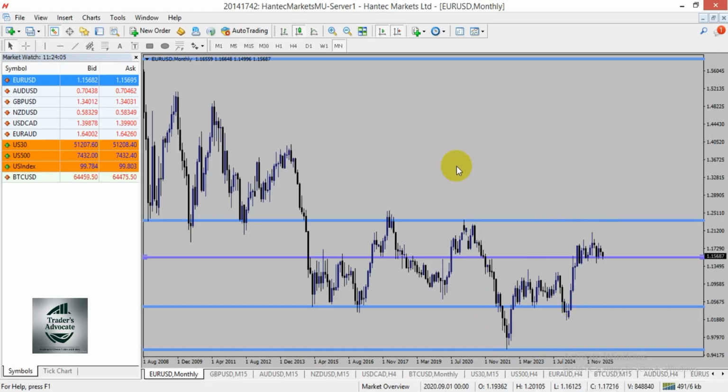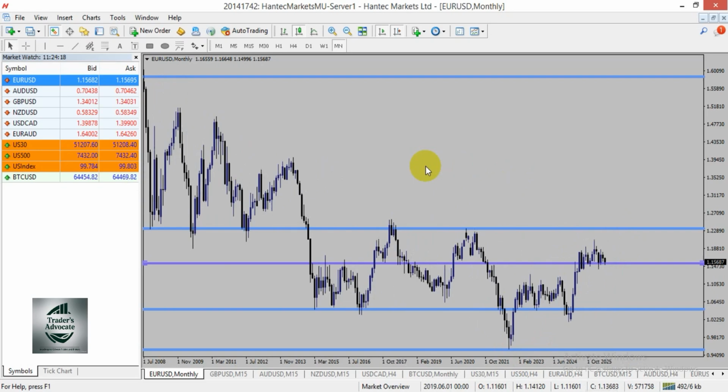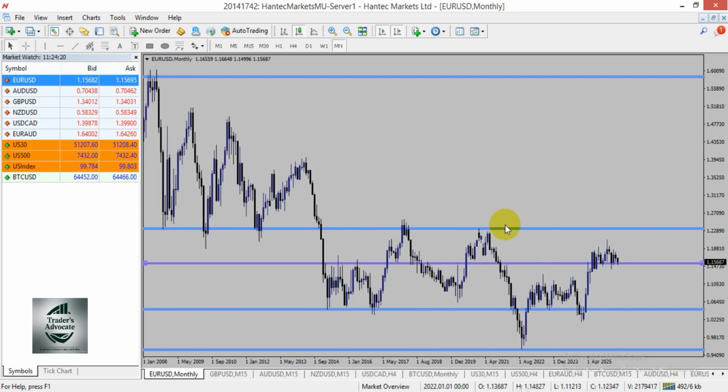Principle of price action states in a downtrend, price should be creating lower lows and lower highs while maintaining the highs. Take that again. In a downtrend, price should be creating lower lows and lower highs while maintaining the highs. So until this high here is broken,